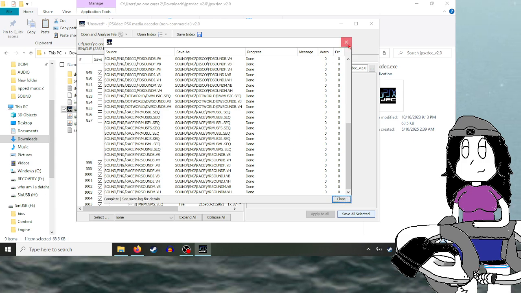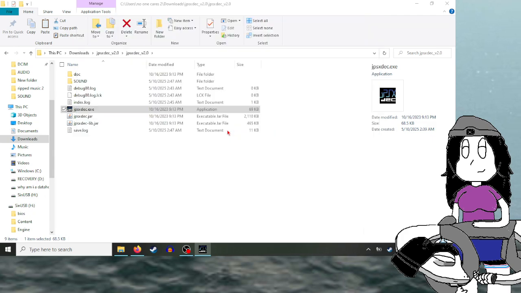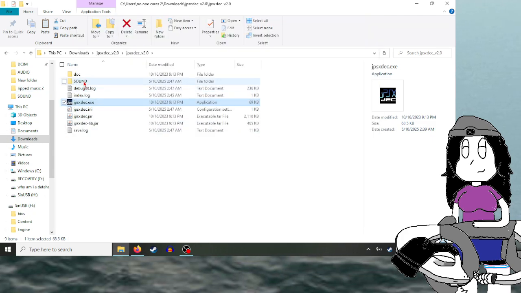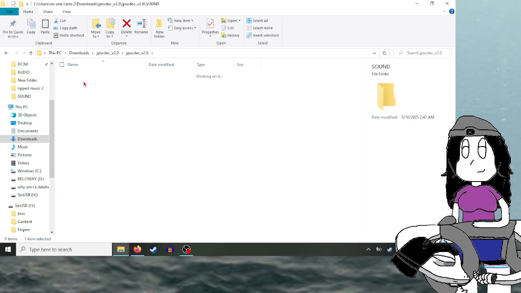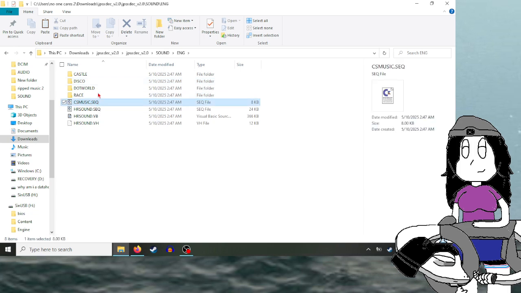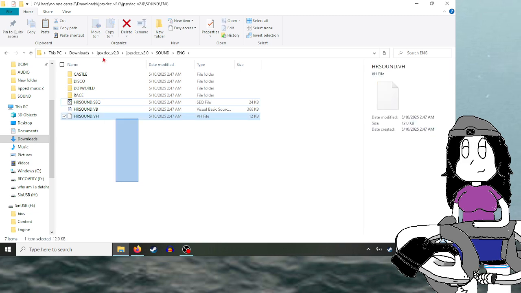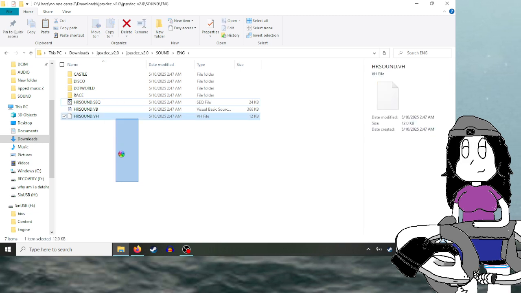and once it's done, click X. You can now close out of this. Click No. You don't really need it. And you'll now have a sound file with everything in it. Now go to Ing and put CS Music with Castle. And there you go. Now they're ready to actually be